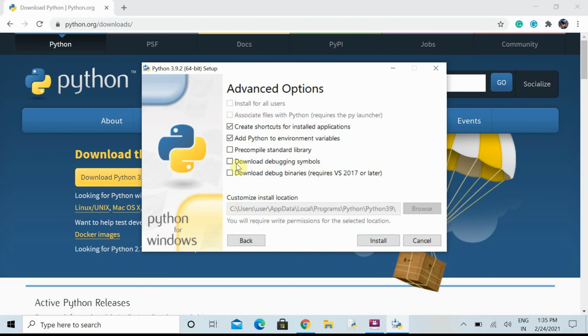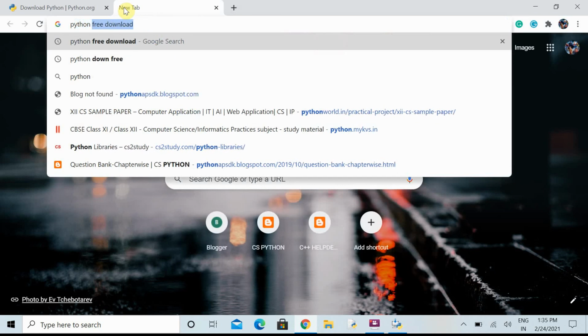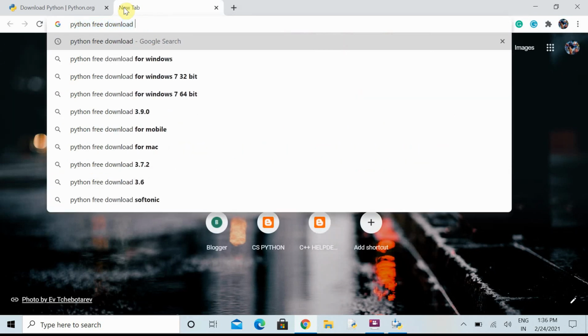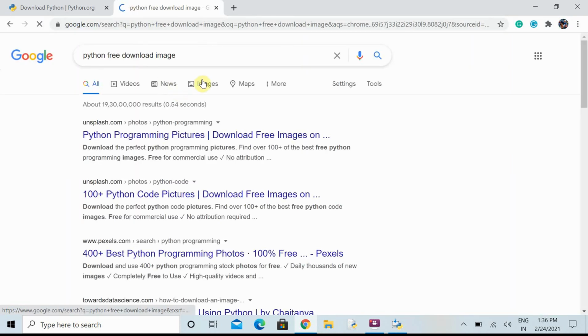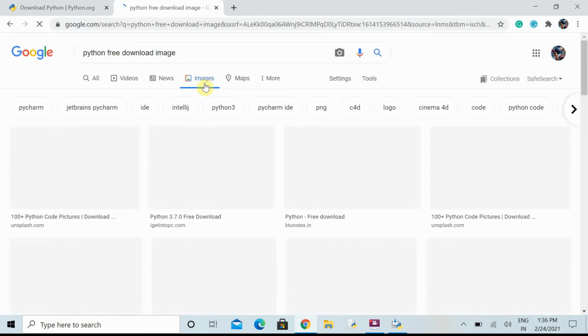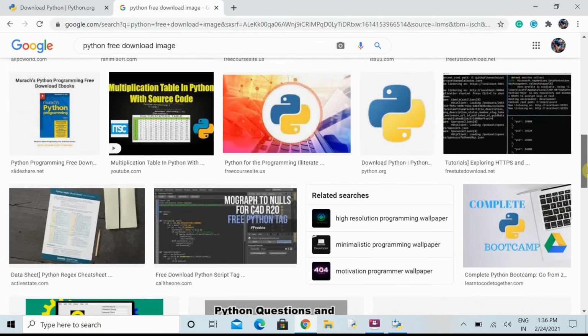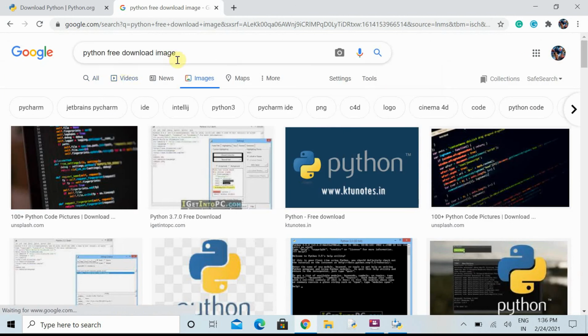One thing is, because it is already installed in my system, I am just telling the students that each and every time you download Python, when you are installing it, it will take you to the path, and first it will show you the screen of how you can install things. Now it is not showing that.